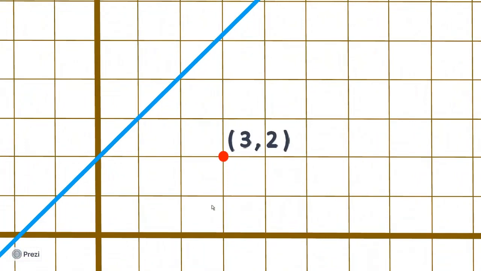Now the equation of this line is y is equal to x plus 2. I'm taking this equation only for an example. You could do it with any other equation also. Okay, so y is equal to x plus 2. Now this is the distance, perpendicular distance, and we know that it is perpendicular. Now what is the equation of this line? How to find the equation of this line?